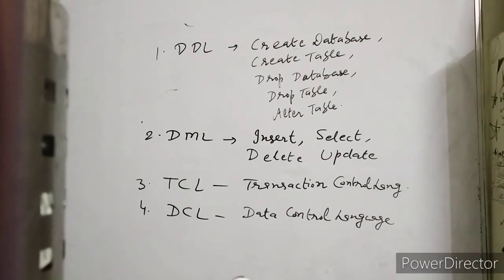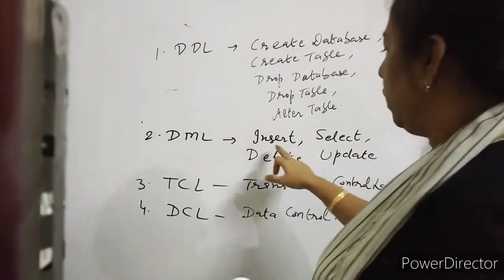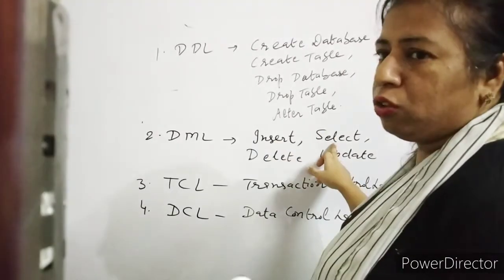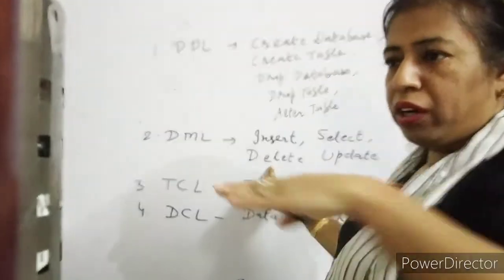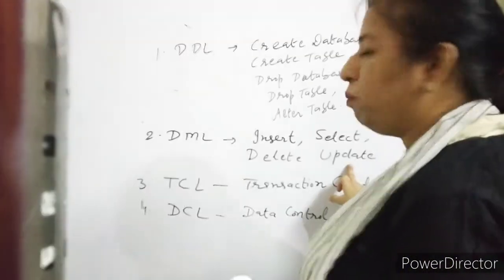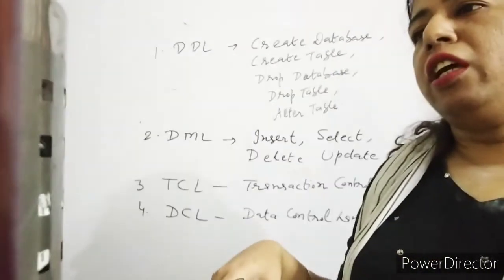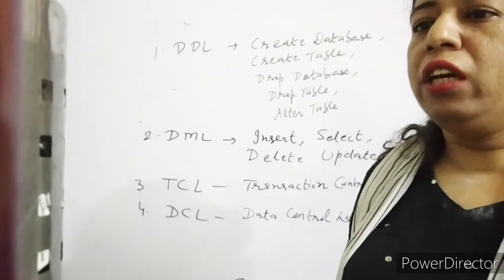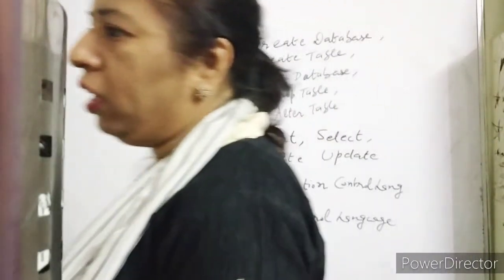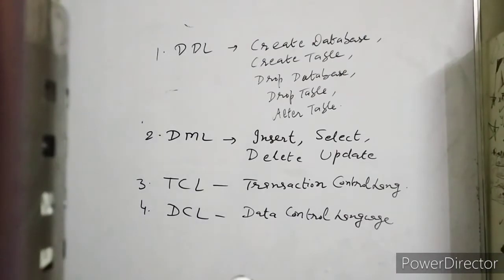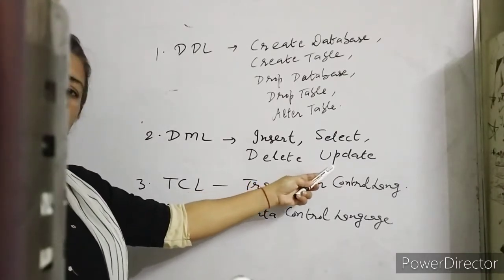If we want to display records, we will use select. If we want to delete records, we will use the delete query. And for changing the record, we use the update query. We have 4 main queries: insert to add the record, select is used to display the record, delete is for deleting any record from the table, and update is for changing the record value. Suppose you have entered the name, but you entered it wrongly, then you want to change it, how will you? With the update query.